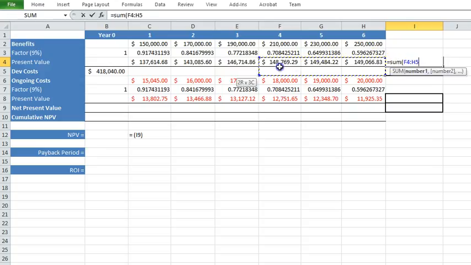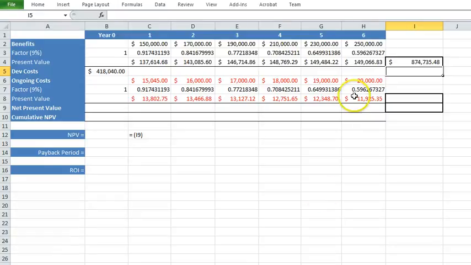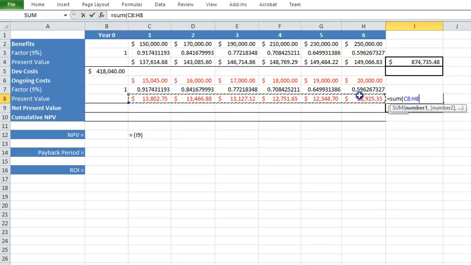of all of these amounts. Okay, that's just going to add them all together. And that's the total benefits of this project. Now, let's have a look at the total costs. Sum of this to this,